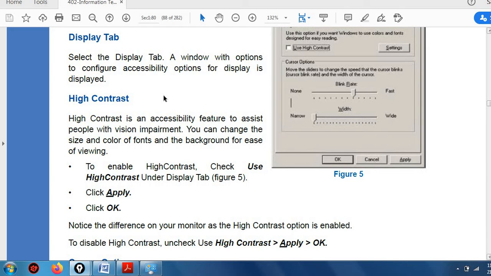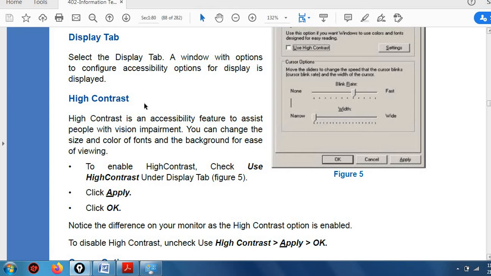Display tab is for those persons who are unable to see properly, they are suffering from vision impairment, okay, like that of the color blindness and all.